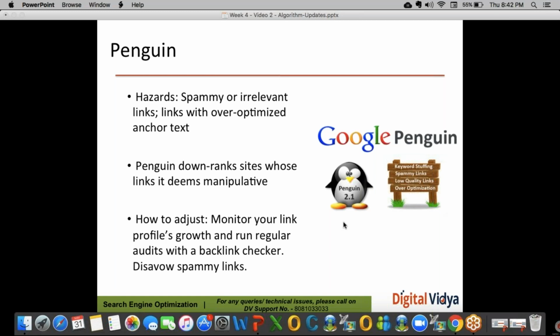Sometimes you get a backlink from the keyword SEO company in Mumbai, that is good. But not all the time is it advisable to get a backlink from the exact keyword. It should be varied here and there with the text. So it can be the best SEO company in Mumbai or one of the best SEO companies in Mumbai. Take a backlink from that anchor text, right? That is what over optimized anchor text is all about.